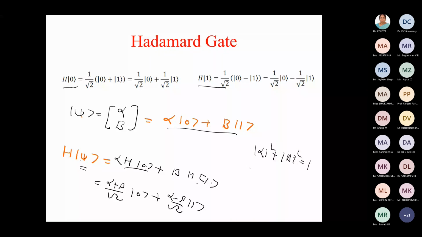So can anyone suggest different values of alpha and beta which satisfy this thing? Can I have root 3 by 2 or 1 by 2? If my alpha is this, beta is this, is it a valid qubit? Alpha is root 3 by 2, beta is 1 by 2. Is it a valid qubit? Yes, sir. Perfect. So what I'm saying is that depending upon the alpha beta value, you can put alpha beta here and you can get the Hadamard effect on it. It is not necessary that alpha beta should be 1 by root 2, 1 by root 2. It can be anything. The condition should be this.